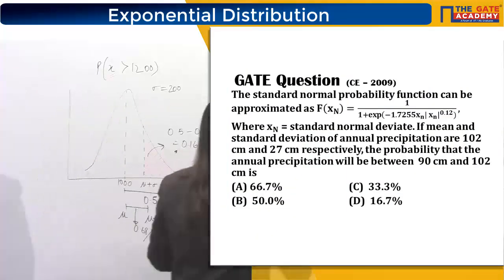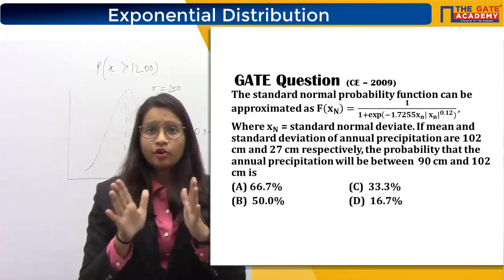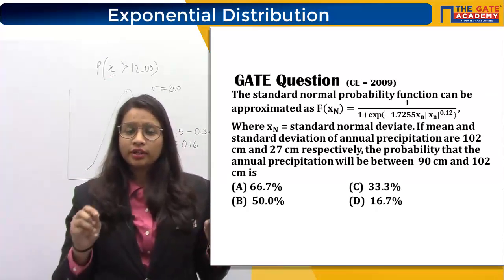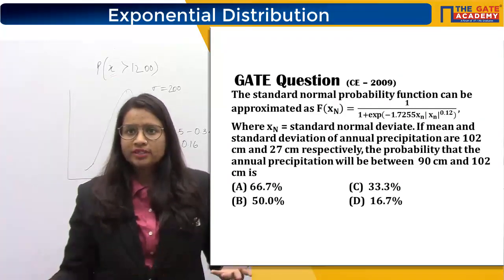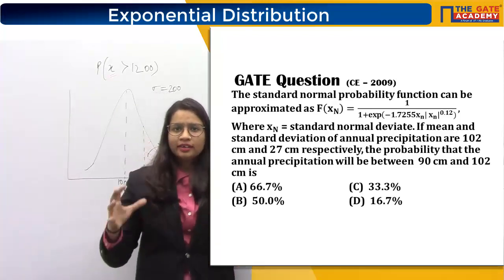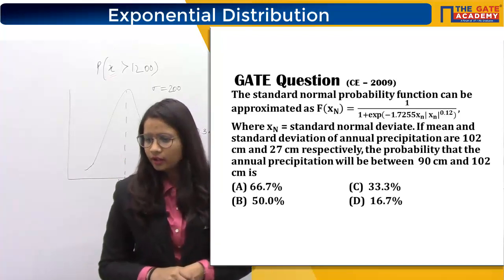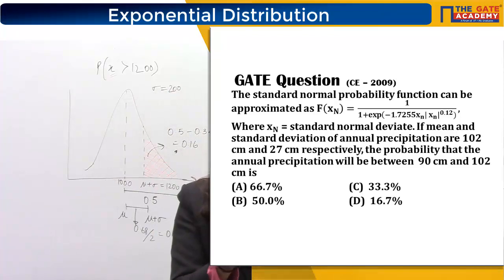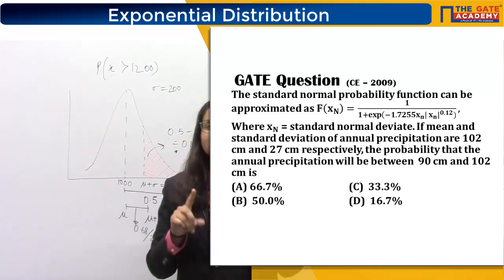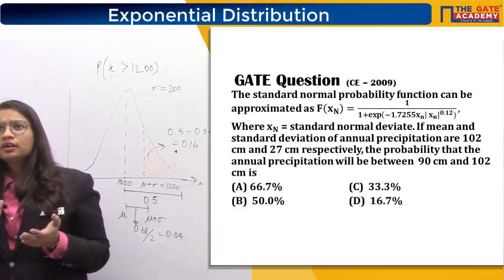Attempt the next question. Don't get confused by the function they have given to you. The only thing you need to focus on here is that it's a normal distribution. They have just given you the function so that you become a little confused, since we have never seen this kind of function. This is what GATE has always been doing. They are just confusing you by giving you random or redundant data which is actually not required. The thing to focus on is that it's a normal distribution with mean 102 and standard deviation 27. Everybody is now answering option D.